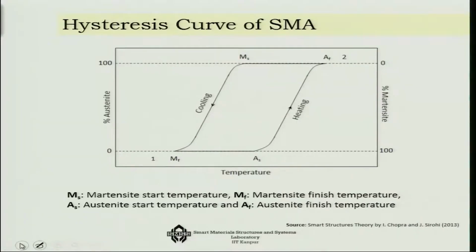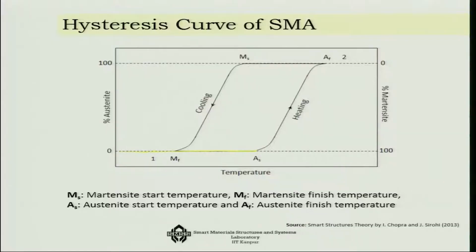And what about if I only change the temperature? If I take the SMA wire and only change the temperature, and if there is a way I can continuously monitor what is happening to the internal material property, I would see that initially, till about the austenite start point, I have to go up to this point, the material is at martensite